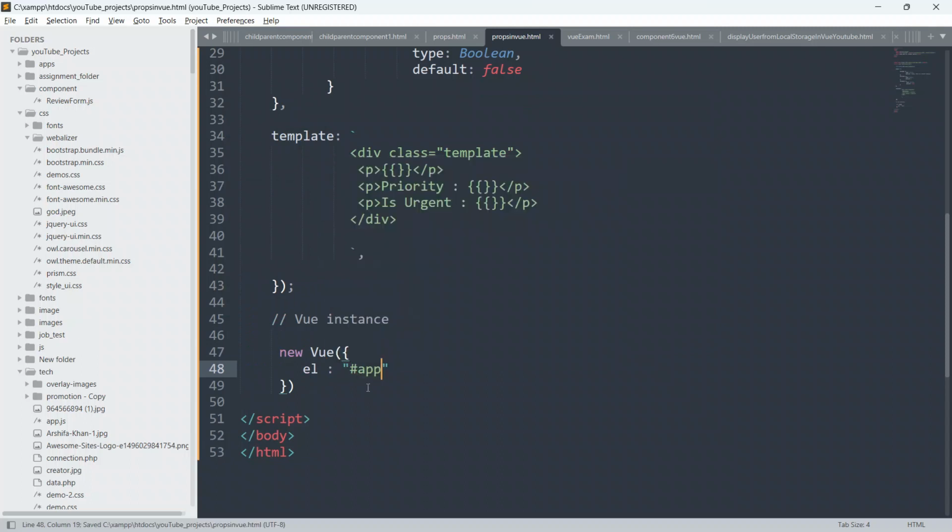So guys, this is the id app, because I have given the hash. You can give a dot also if you want to define a class.